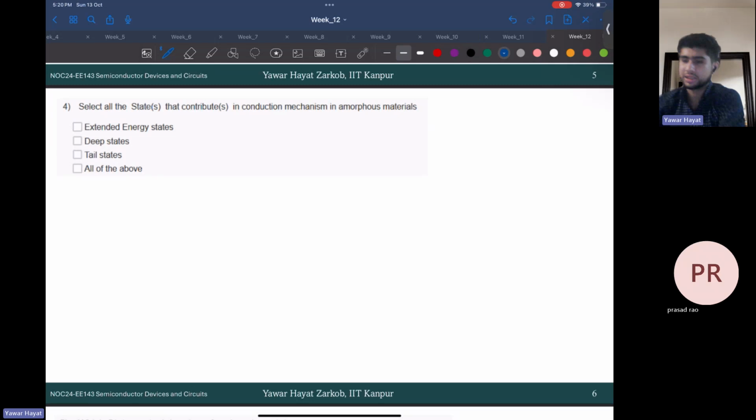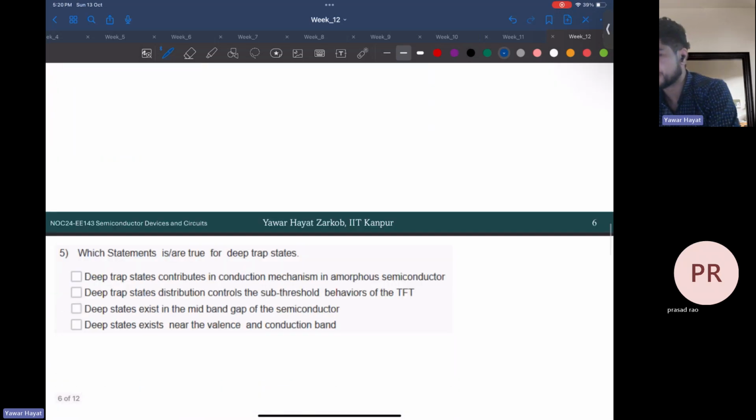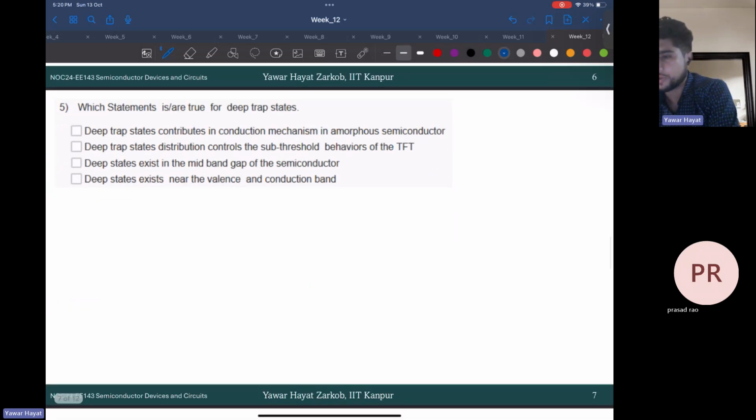Yes, that is the correct answer. So as Prasad Rao answered, these two states contribute in the conduction mechanism in amorphous materials. Okay, then we'll move on to the fifth question,